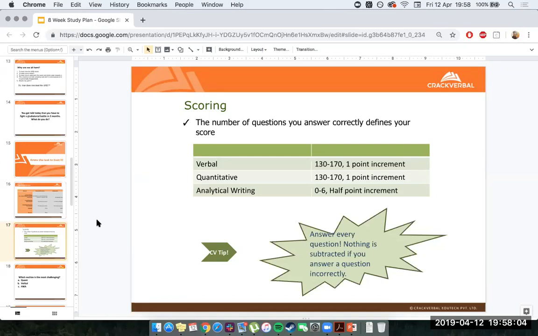It doesn't add up to your main score out of 340. Hence, the AWA is just there to mess with you, and that's something that you can work your way around, right? So remember that you're going to have the verbal and quant sections give you a score out of 170 each. Ideally, then you have a max possible score of 340. For reference, when I took the GRE myself, my score was 336, right? So you could get a score anywhere from 260 to 340.